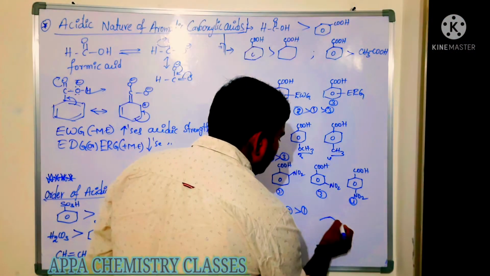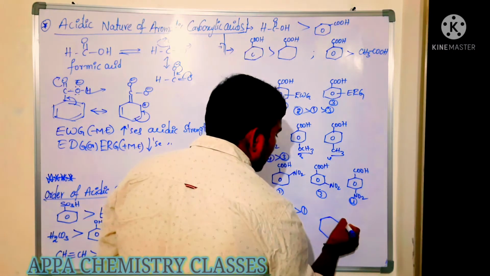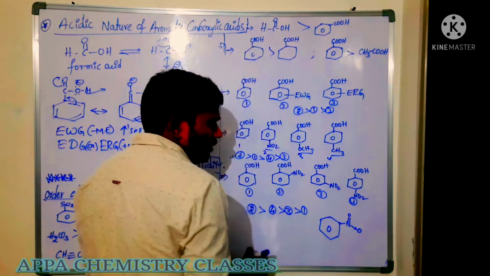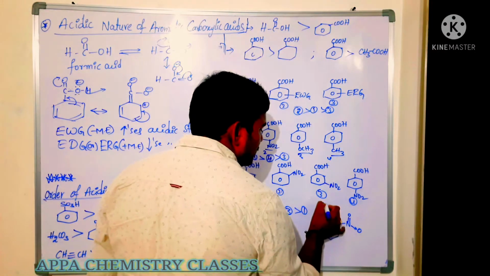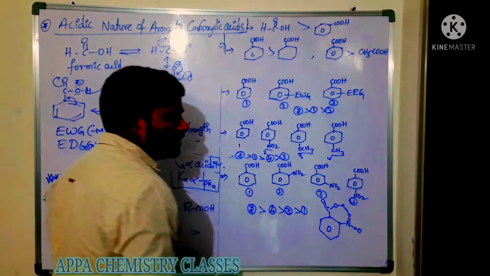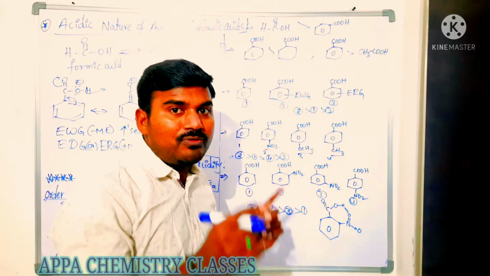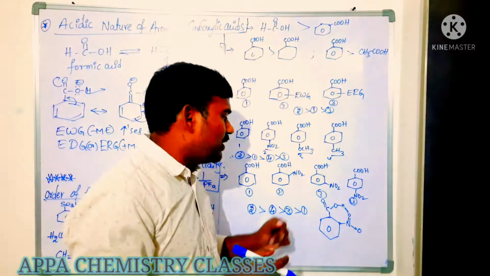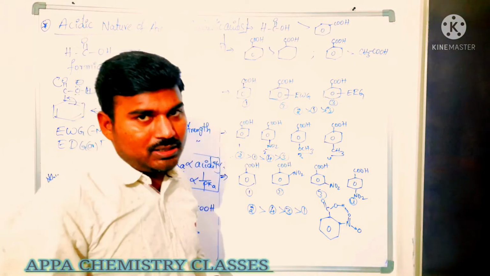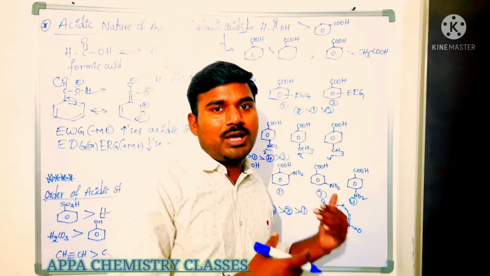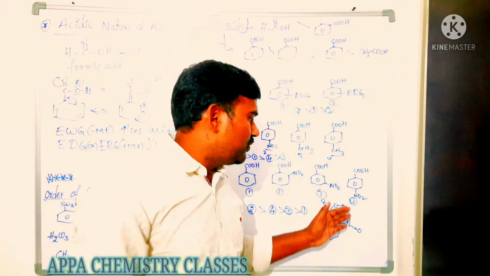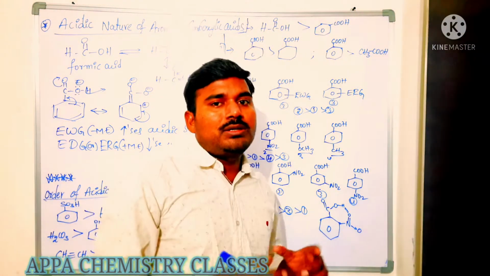Now you see here in orthonitrobenzoic acid, what happens? This nitro group contains the double bond O, and here the carboxylic acid group contains the OH. Here this hydrogen and this oxygen will be involved in the chelation, that is, ring formation takes place. Here you can take the number of atoms involved in the ring. So that is a 5-membered and 6-membered ring we are getting there by that chelation method. Now by that chelation we are getting a ring containing more atoms.